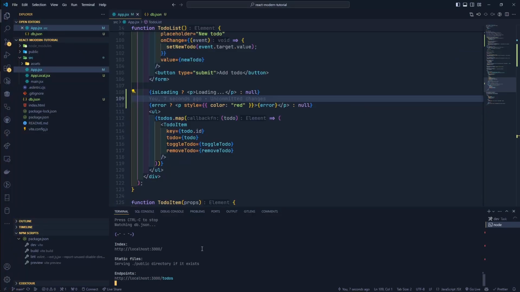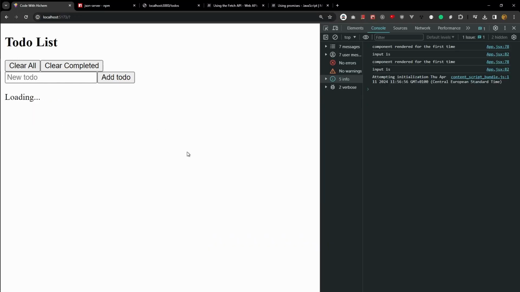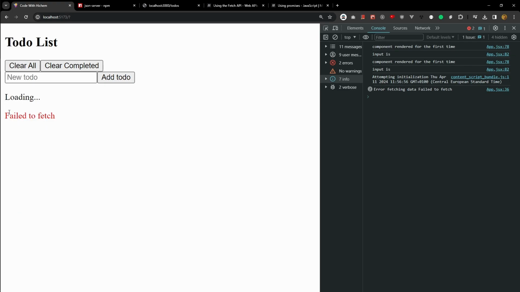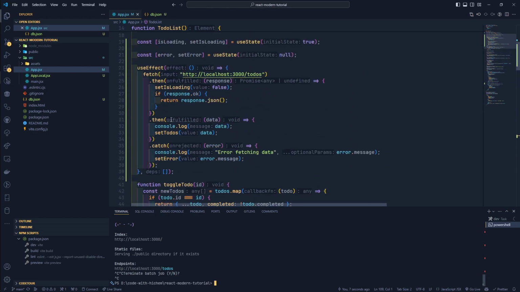Now I'm gonna turn off the JSON server again to do one more test, and I'm gonna refresh. Now as you see, even though the request failed, it still says loading. So we're not actually resetting the loading state when the request finishes. So in order to fix this, just like we have